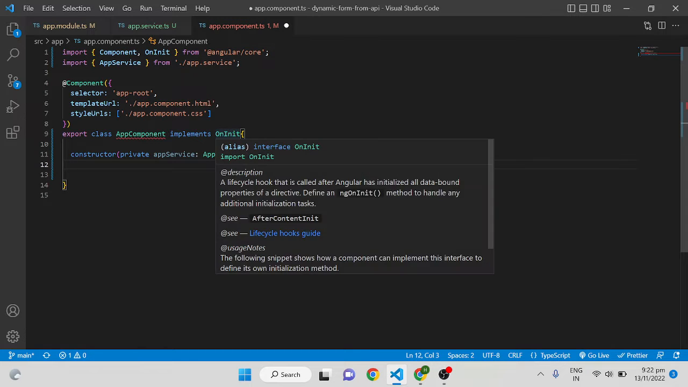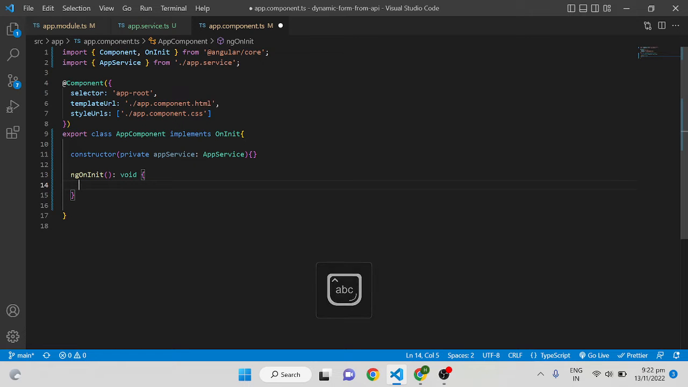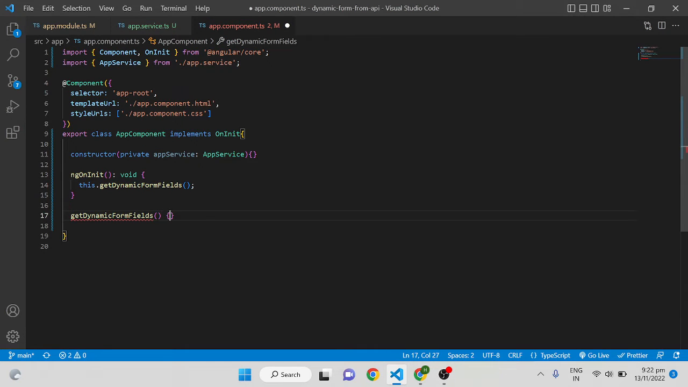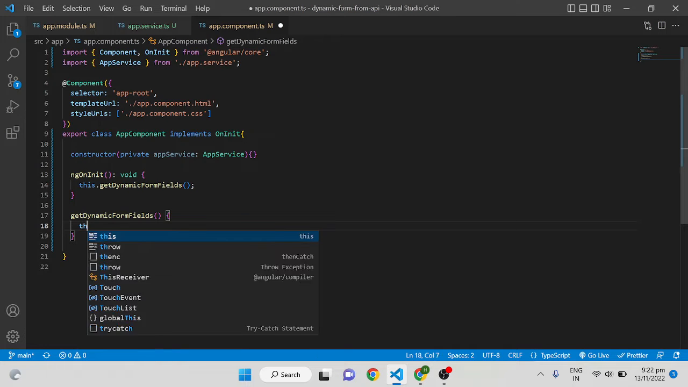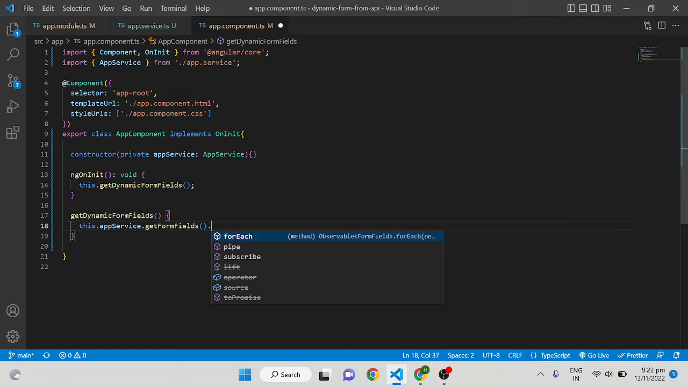Once it has been implemented, what you have to do is write a function in ng on it. I will write a function, this.getDynamicFormFields. I'm just writing a function here, and what I will do is call the service inside this function. So this.appService.getFormFields, then you just subscribe to it,